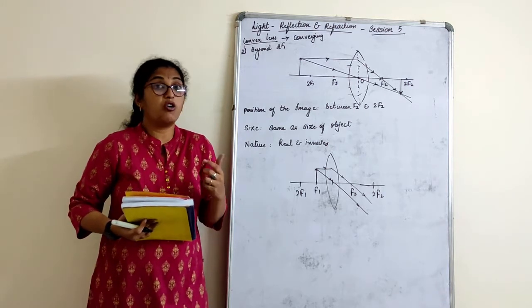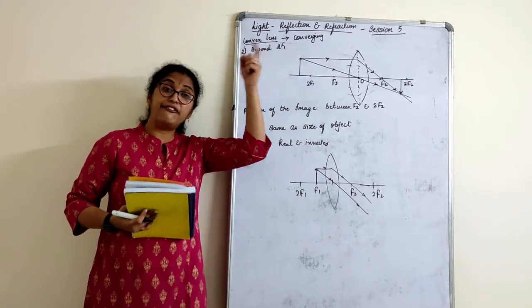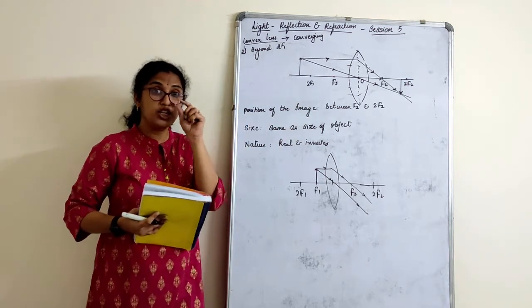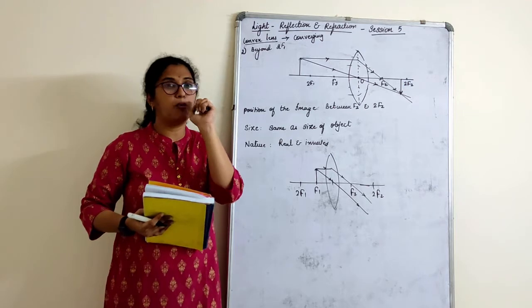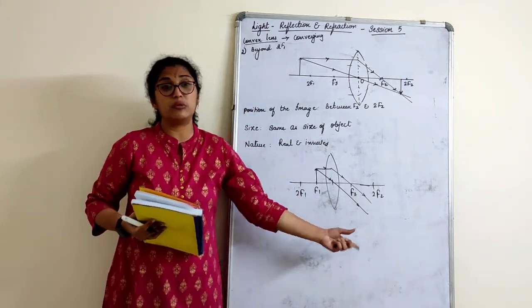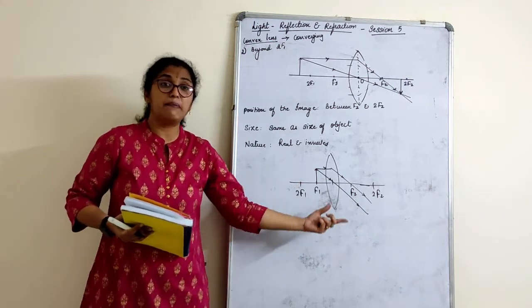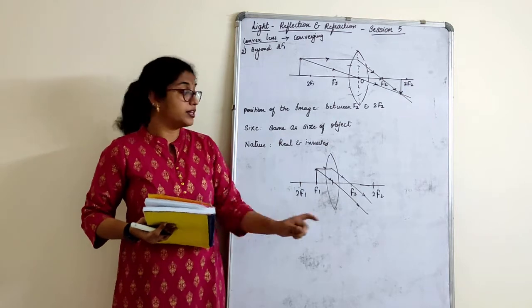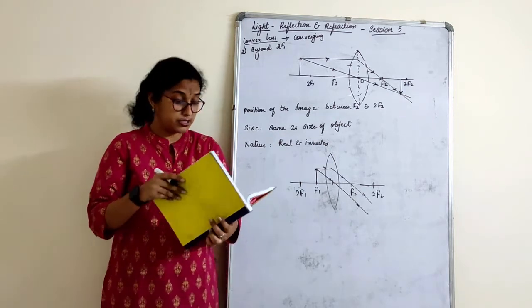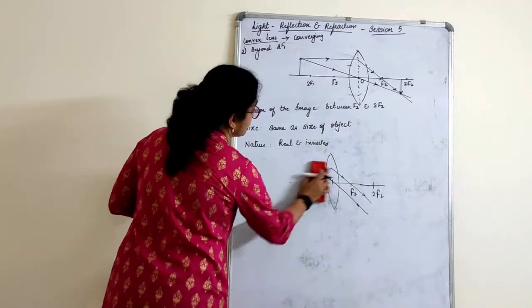Why? Because we don't know how big it is. Enlarged is enlarged. Highly enlarged is what we use for infinity. Diminished is small. Highly diminished is what we use for point size. Highly enlarged or magnified, you can use another word here. Magnified is another word we can use for highly enlarged. These are the terms and words we use in ray diagrams. Yeah. The last one, which I will do now here.